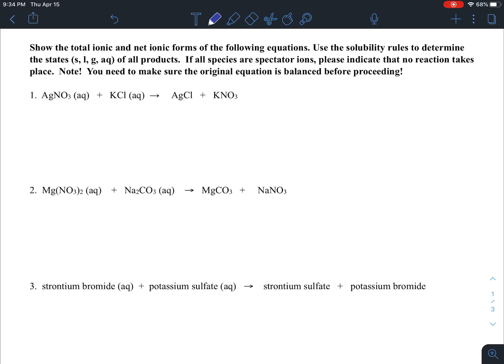So let's go ahead and do a couple of example problems. In this particular video, I'm going to work through problems 1, 4, and 9 on this worksheet, and then the rest of them you can work on your own and just double check your answers with the answer key that's